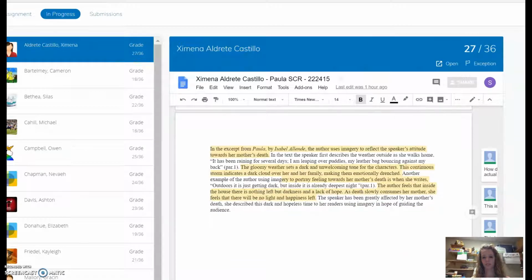So when you pull yours up, like Jimena will pull hers up, okay, you'll see that I have some comments over here telling her that this is great or this needs a little work, okay? I spent a lot of time on all of your paragraphs, so I want you to take my feedback seriously and make it better, okay? You've all done this before where you edit it and then resubmit it, so that's exactly what you're going to do. And if you got below a 24, I need you to try to make 24 your goal, 24 out of 30. If you got between a 24 and a 30, then I want to make 30 your goal. Okay, so everyone has something to work on because no one got a perfect score.